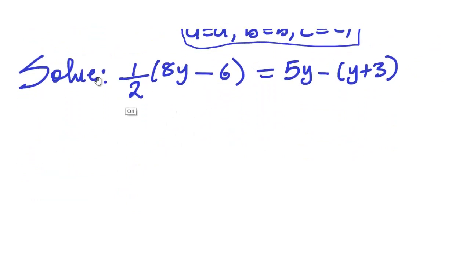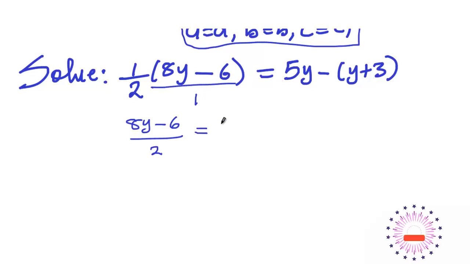So for us to solve this, you must have seen some examples of algebraic equations. This is an equation in one variable, so let's solve it. If I rewrite this, I can write it as 1 over 2 into bracket 1 times 8y minus 6, which will be 8y minus 6 over 2, because basically this denominator is over 1, right? Then it is equal to